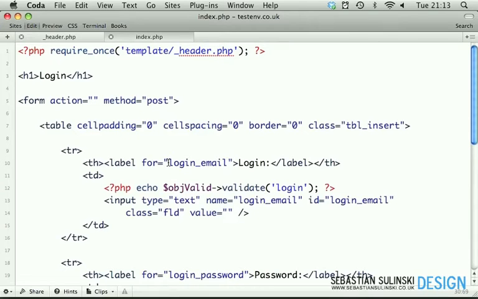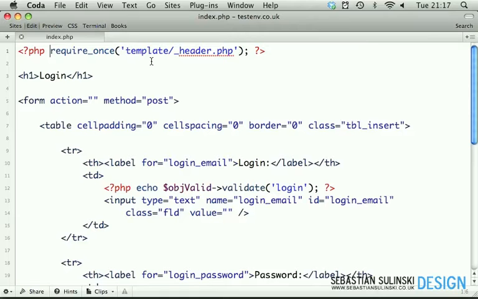Let's move to the next video and actually start coding this page. Before I require once, let's create a few new lines and start with if login is logged, and now login admin. In other words, if administrator has already logged in, then helper redirect. I want him to be redirected to login dashboard